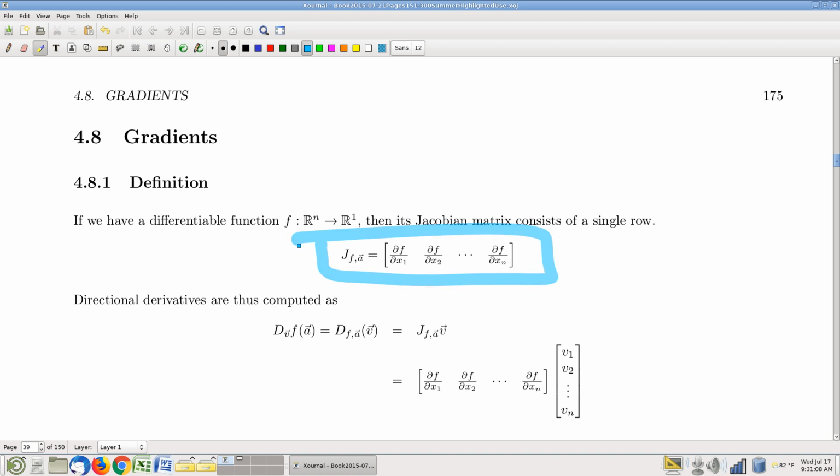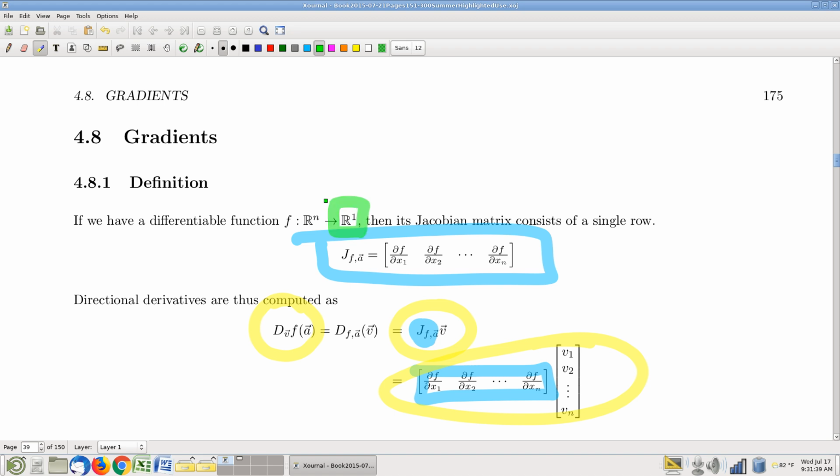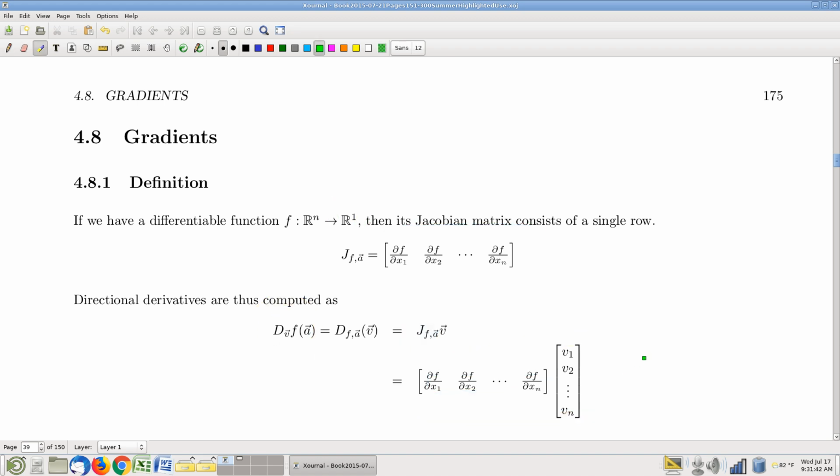Okay, fine. So what does the Jacobian do? Well, the Jacobian, this single row, that's what allows us to compute directional derivatives. Right? We compute directional derivatives with the derivative transformation, except in practice, day in and day out, it's a lot easier to work with matrices, and so the Jacobian matrix is that matrix. Okay, so what we have here is what the calculation looks like, and again I emphasize, this is in the case of real valued functions. Okay, so looking at this formula then,